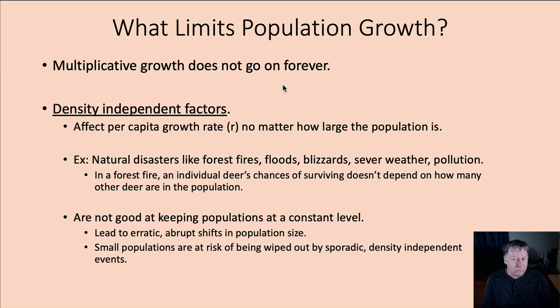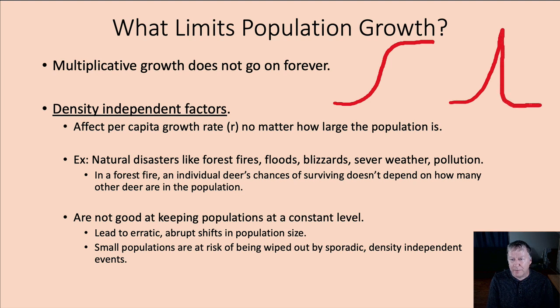In fact, there's two general responses for it. Option number one is it goes up and up and up, and eventually it levels off. We'll talk about that soon. The other option, it goes up and up and up, and then various factors cause it to crash. And it might drop down to really low or might even go extinct, depending on the exact circumstances. Which one of those will befall the human race? Don't know at this time. We'll have to see. But let's talk about what kind of factors limit population growth and prevent it from getting